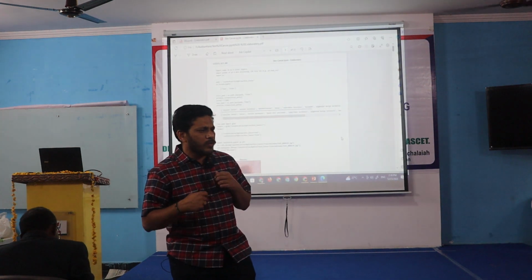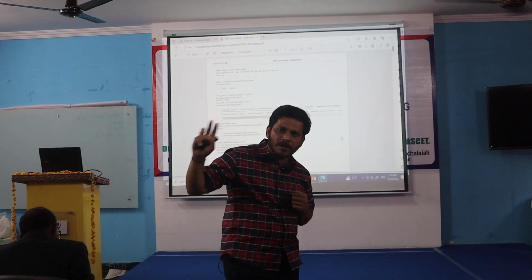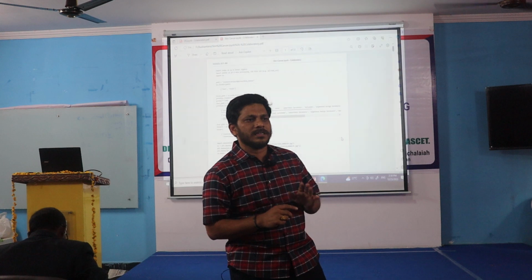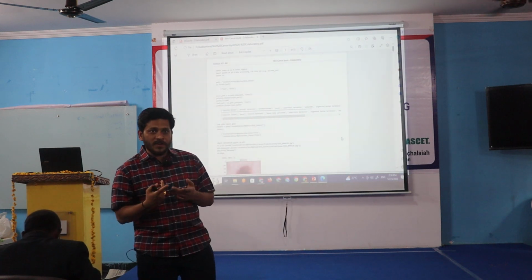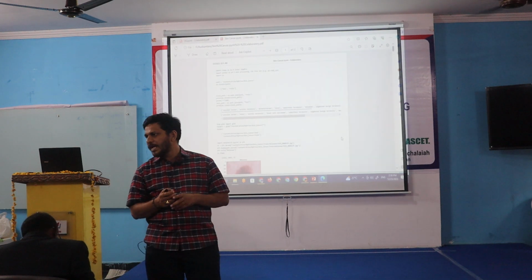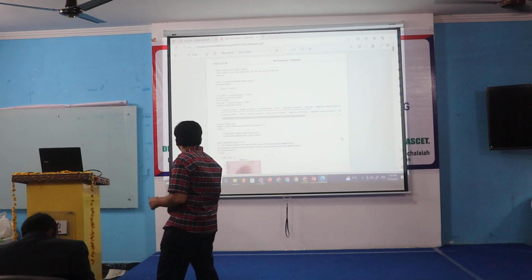If you want to generate an image with the help of some noise, I can do it with the help of GANs. Everything. Deepfake is the best example. With the help of GANs only they are generating these. So in the same way,